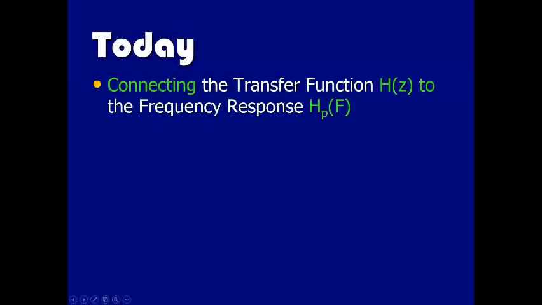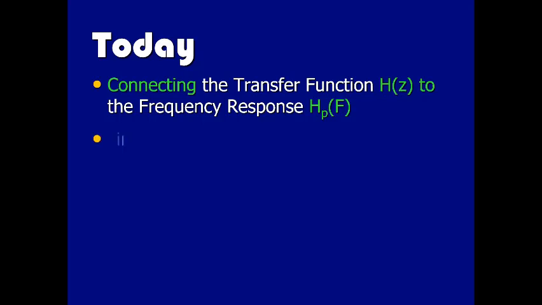Today, we want to start connecting things up and, rather than learning lots of new things, learn about how the different forms of system descriptions that we have, frequency responses and transfer functions, are related, and also get poles and zeros in on that as well. Most particularly, where we want to end up is having an appreciation for how the locations of poles and zeros affect the design of the system, particularly the frequency response that a system has, and how we can actually manipulate the pole and zero positions in order to achieve certain shapes in our magnitude response